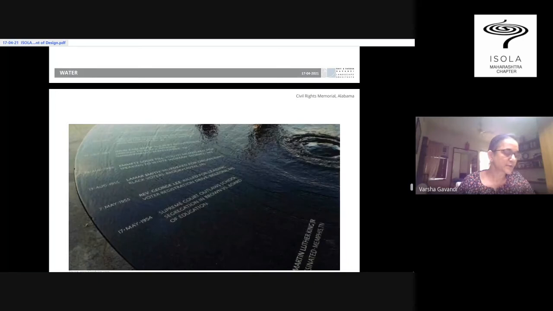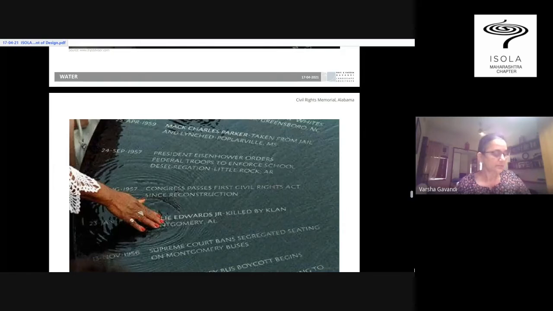Water bubbles from the source that is off-center and uniformly covers the table. There is a quiet and constant presence of water on the table. On the edge, it wraps around the underside and then drops down near the base. So as people walk around the periphery to read what is inscribed, water encourages them to touch the inscriptions through water. It creates gentle ripples, and as the designer herself puts it, water moves non-violently, just as the activists participated in the Civil Rights movement, fixed yet fluid.